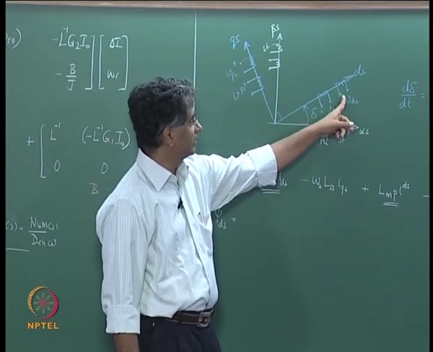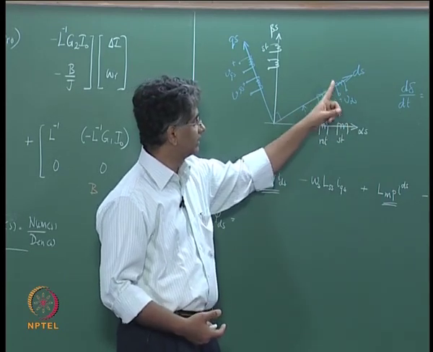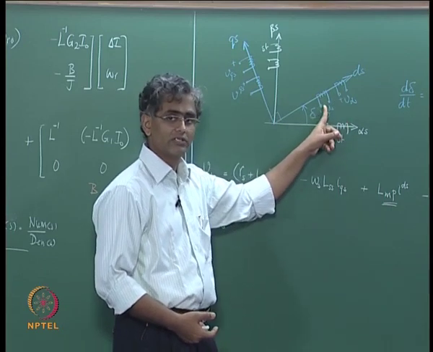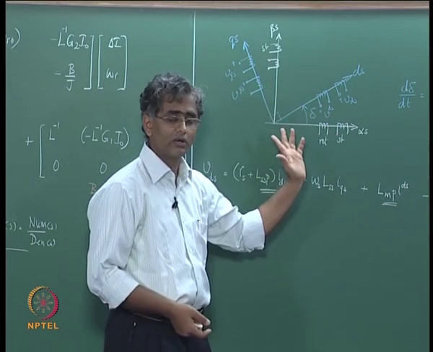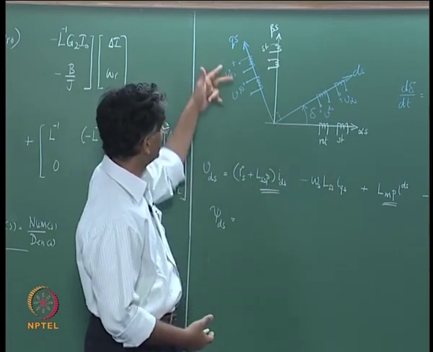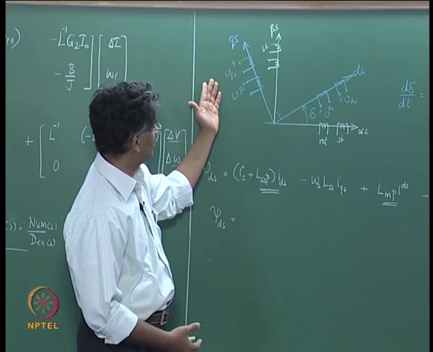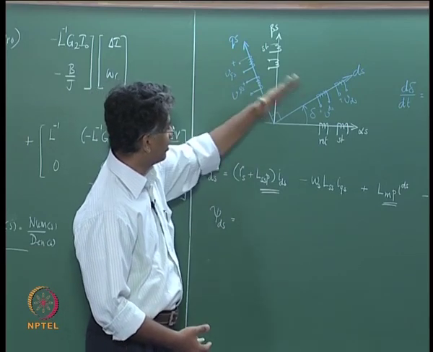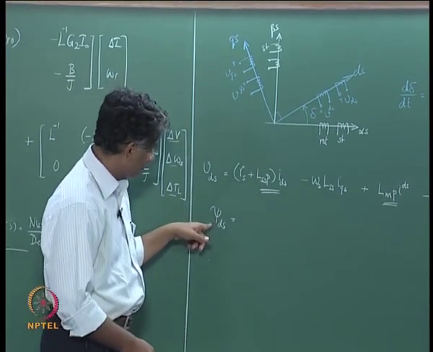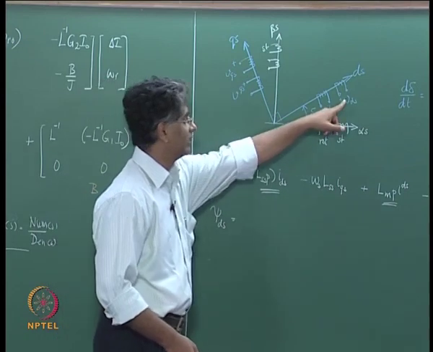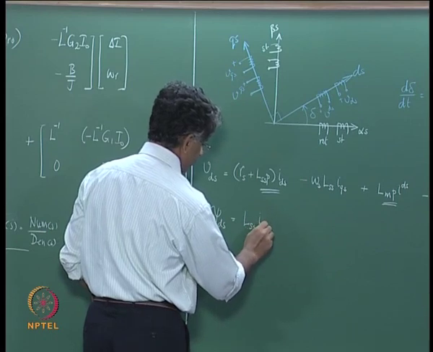The flux linkage in this stator coil arises due to a self flux linkage and a mutual flux linkage. There could also be in general flux linkages from other coils around, but in this particular case the other two coils are at an axis which is 90 degrees away, and therefore the flux component produced by these coils on this axis would be 0. So if you want to write down the expression for flux linkage in the ds stator coil, you would write it as Lss multiplied by Ids